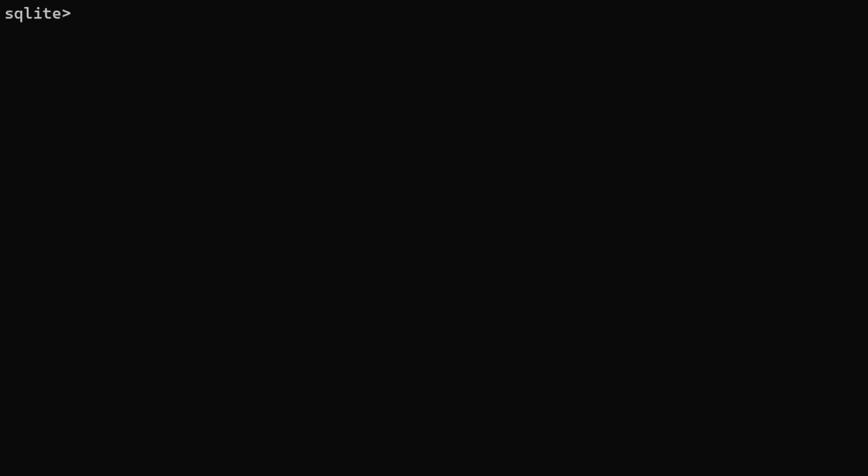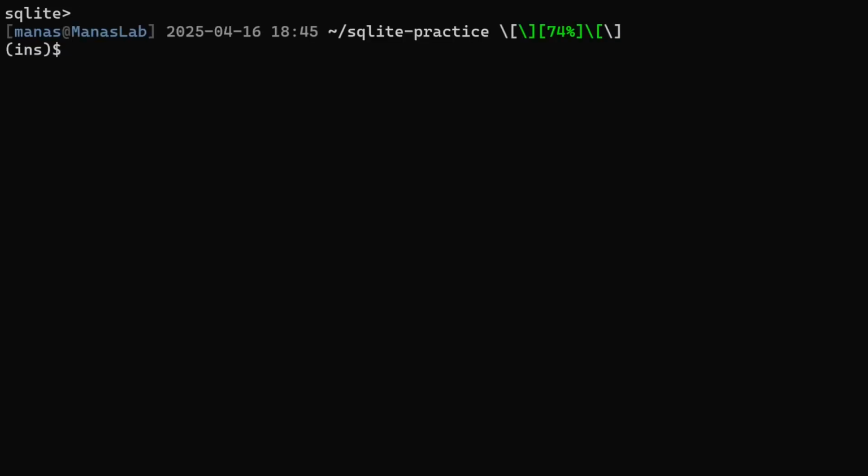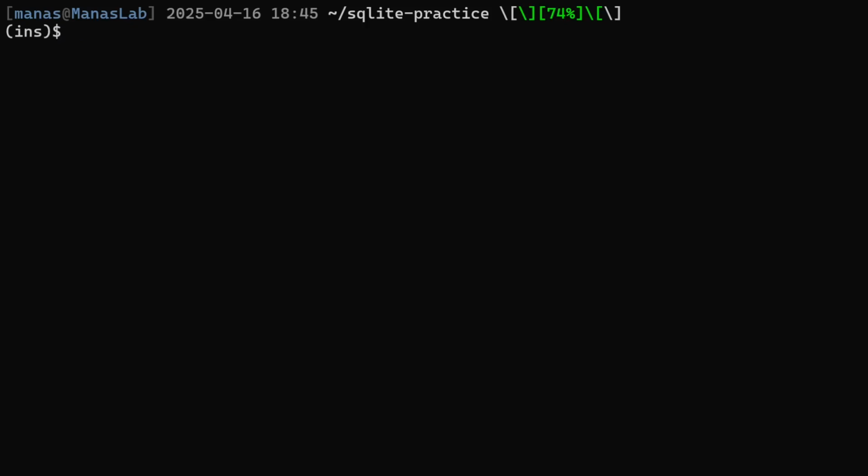As you can see, there are many common meta commands that we need to execute to work inside the SQLite 3 command line tool. So to make life easier, we can use the .sqliterc file. Let's exit out of the prompt. We can create a .sqliterc file inside the home directory.